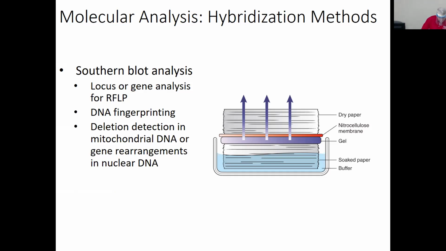The Southern blot analysis starts with restriction enzyme digestion of DNA isolated from a test organism or cell. So we bring in the DNA and we just cut it up. We use a restriction enzyme to make fragments, and then those fragments are separated by agarose gel electrophoresis. Some of you have been in that, and we're going to do a little gel electrophoresis ourselves. The separated double-strand fragments are then denatured. You cut up the DNA and it's still double-stranded, you just cut it at certain points, then you separate the double strands into single strands in the gel.